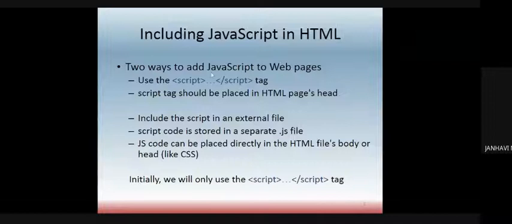So when you use the script tag, that time you save it with .html. So in the first method, you save the file with one.html. In the second, you save the file with one.html, but you give the link of your JavaScript file, which is saved with .js extension. So initially we'll see all the programs which include the script tag into your HTML body itself.